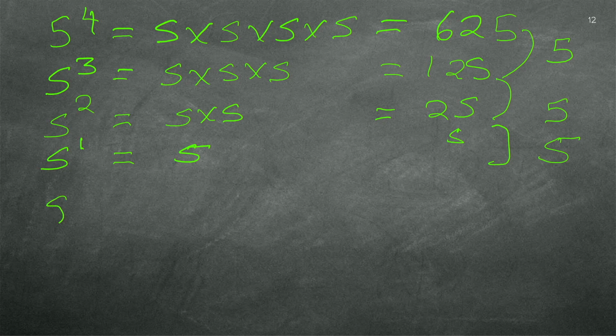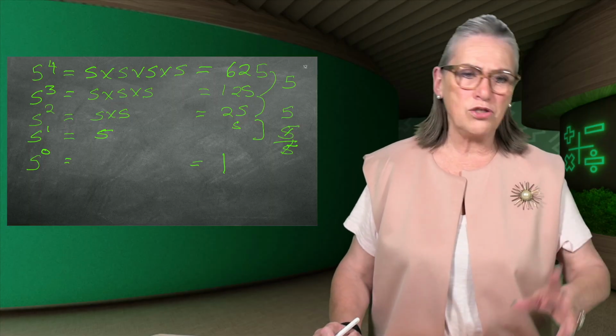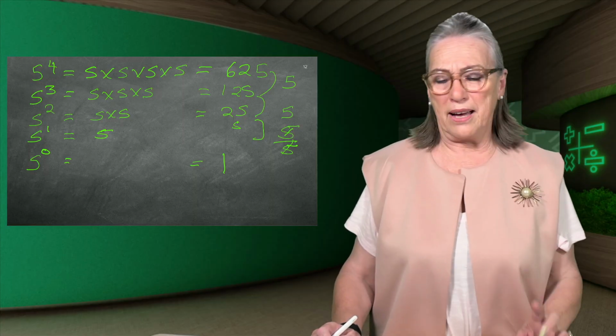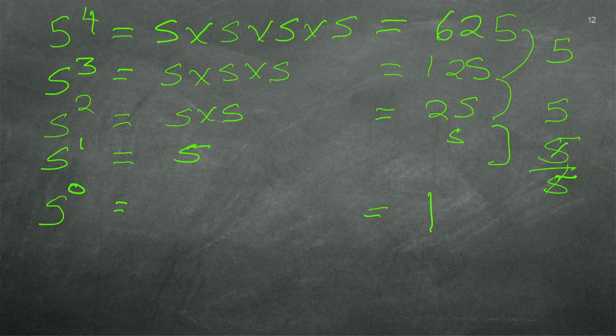So then obviously, if you go to 5 to the power of 0, you're going to divide 5 by 5, and it's going to give us 1. And you can try this with any number. Let's try 4 to the power of 4, whatever. The same thing will apply. Wherever you go, you make the exponent smaller, and it will do the same as the base. You can divide by the base and you'll find that it is 5 times smaller, or if the base is 4, 4 times smaller.